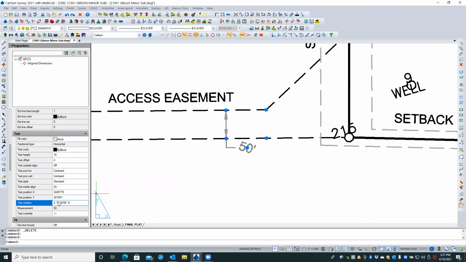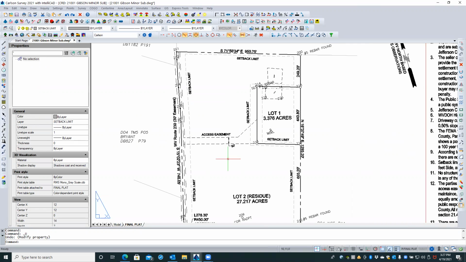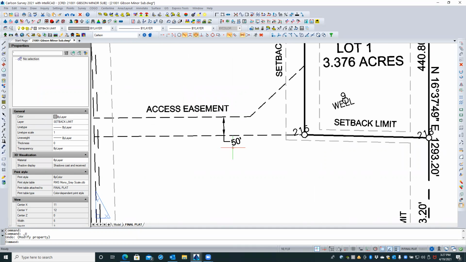I certainly should have done that. Let's see if I take 45 off of this. That makes it 28, which I think is going to be the wrong direction. Okay. I could bring this all around and try to set it up with the dimension style and all that, but I'm trying to find an easier way for you to be able to do this all the time. And I think if we do this,